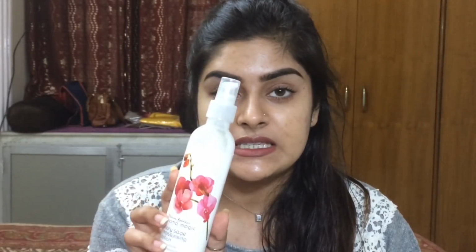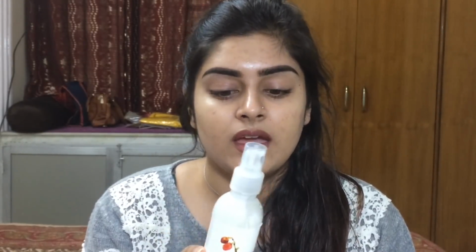Let's begin. So when I start, I always start with my moisturizer, which is this. It's the Blossom Couture Aroma Magic Clarisage Moisturizing Lotion, and this is the combination skin variant, and it definitely works for my combination skin. I don't have oily skin anymore, surprise, because in the months of February and March, my